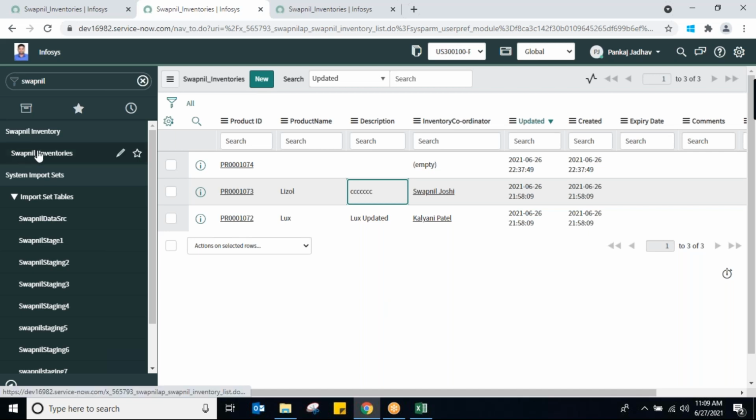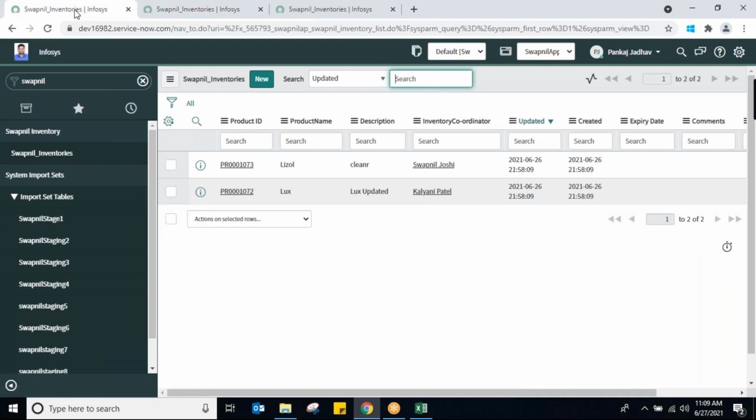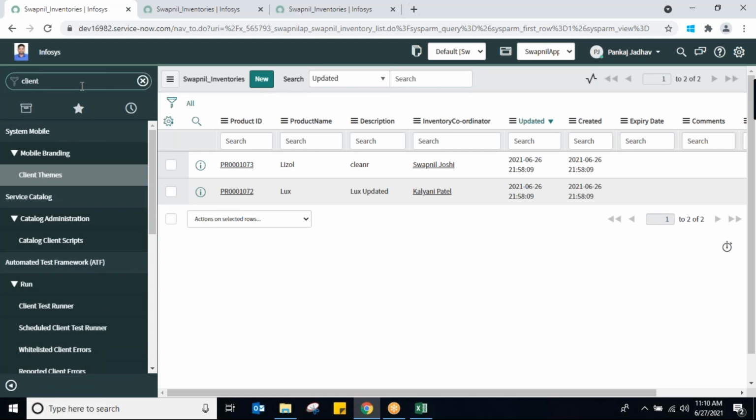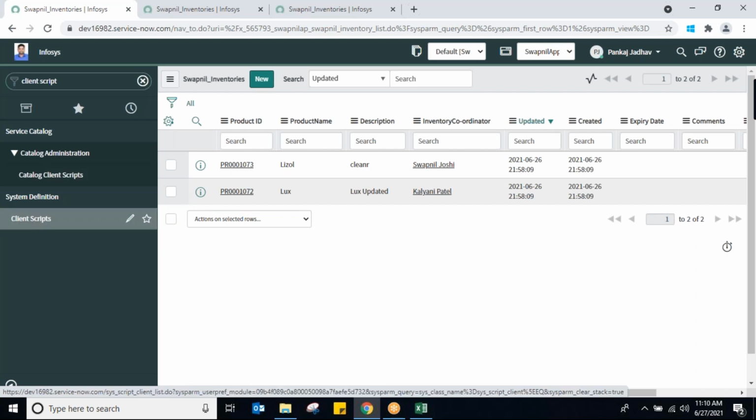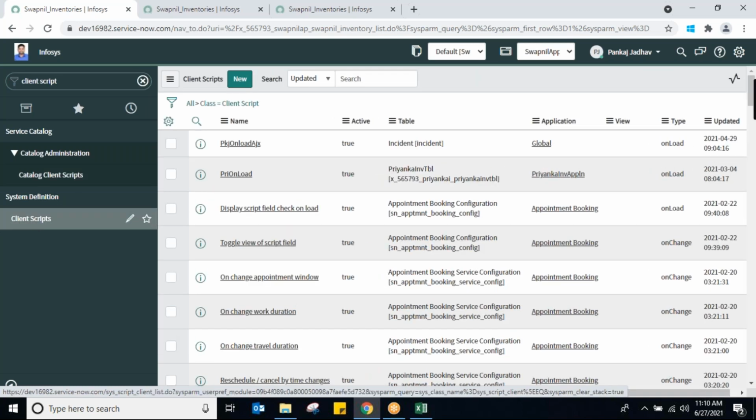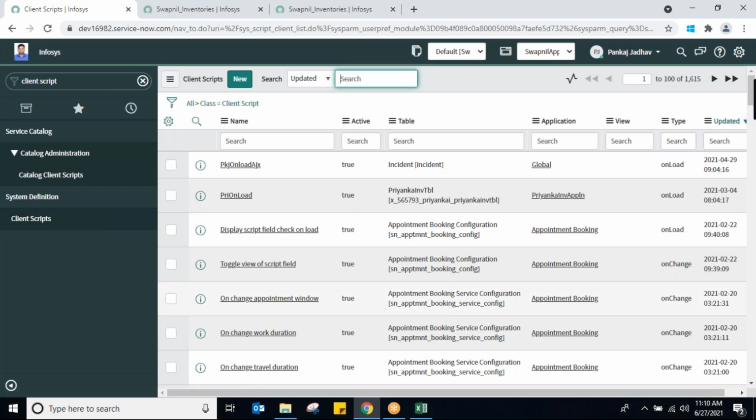So let's create a small script. Okay, concentrate. I'll go here, client script. System Definition, Client Script. These are all existing client scripts. They are stored in a table. What table? Open any record to show XML, it will show you what table. Okay, like this. Click the hamburger menu,